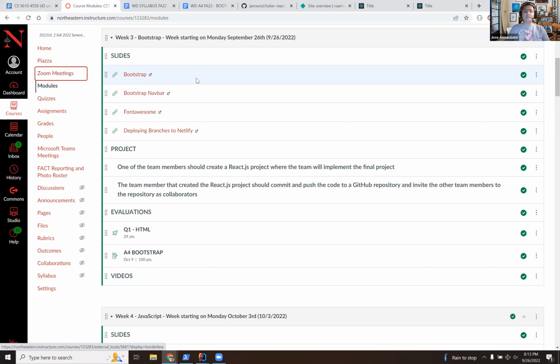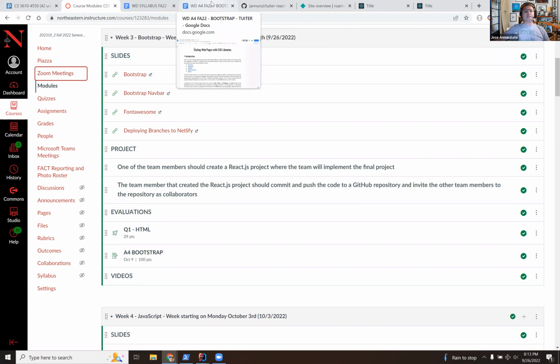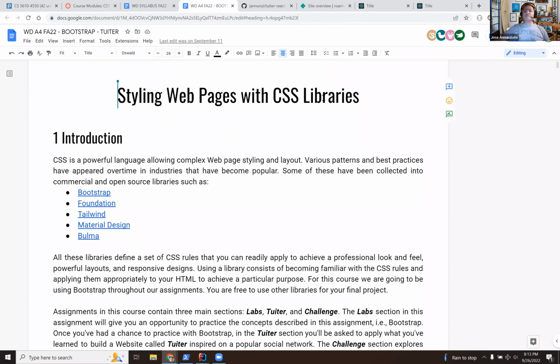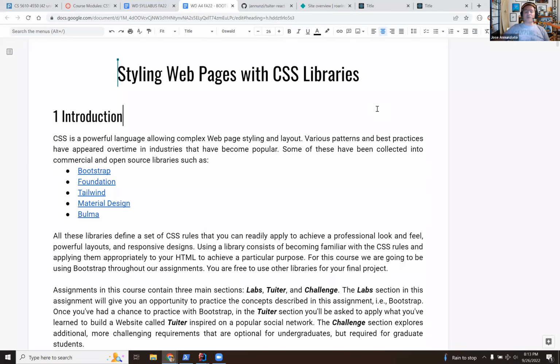So let's do that. Let's work on the upcoming assignment, just to give you a taste of what it is that we are building. Okay, so let's take a look at the upcoming assignment. So just a note on what Bootstrap is and why, and a little bit of the story behind what we're doing